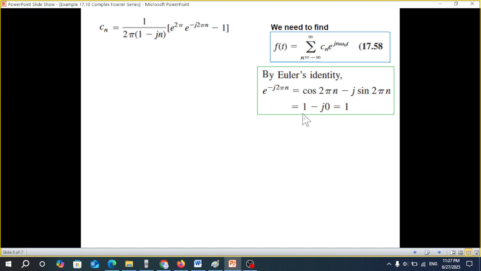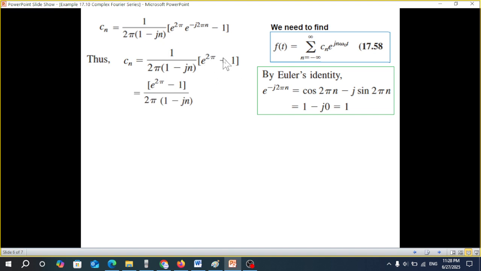Cos 2 pi n will be 1, and this will be 0. So e raised to the power minus j 2 pi n will be equal to 1. So here we will replace this by 1. So replacing, now this is our Cn,